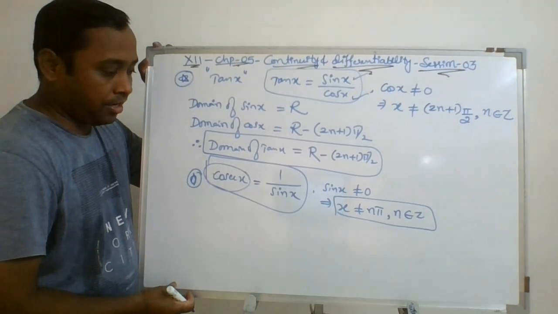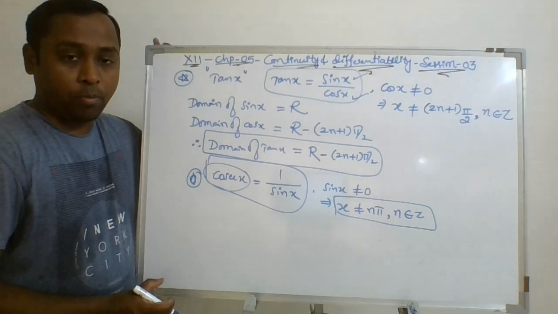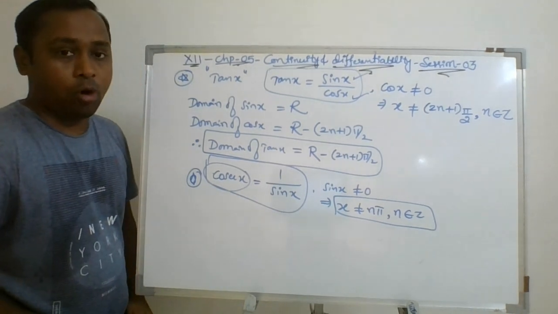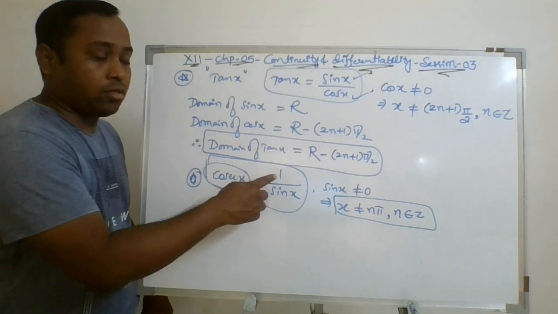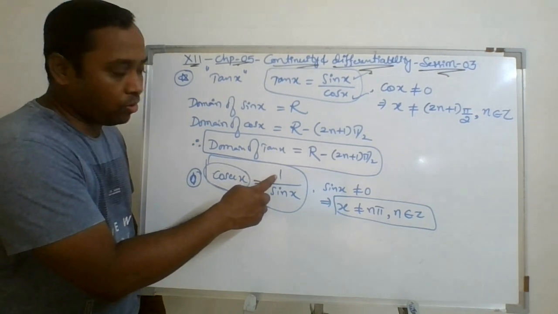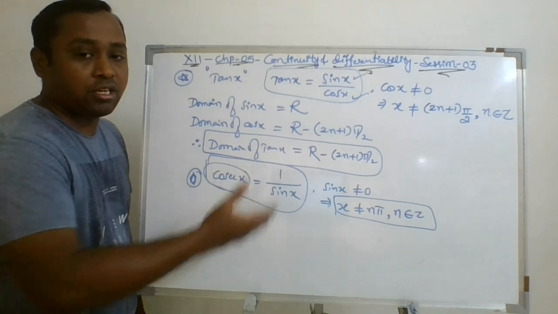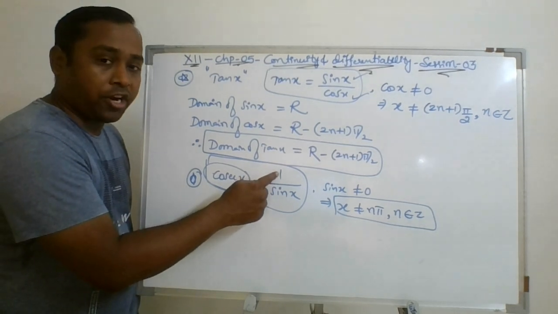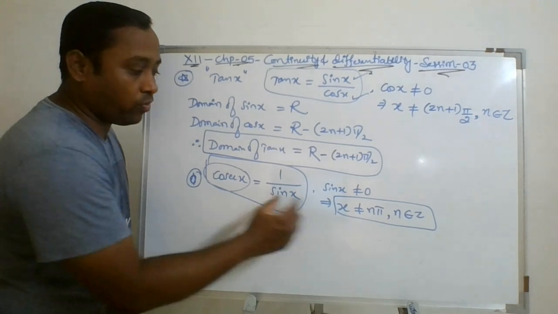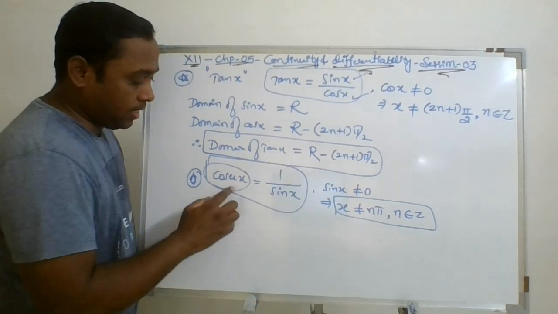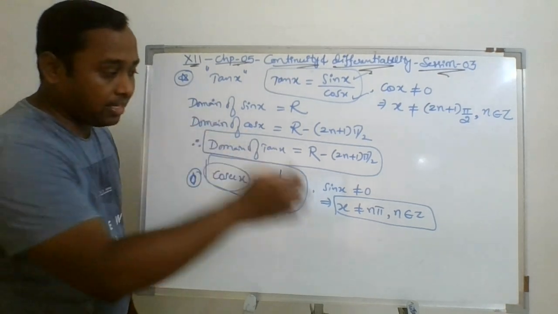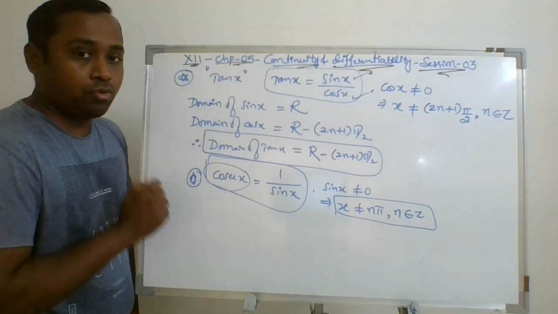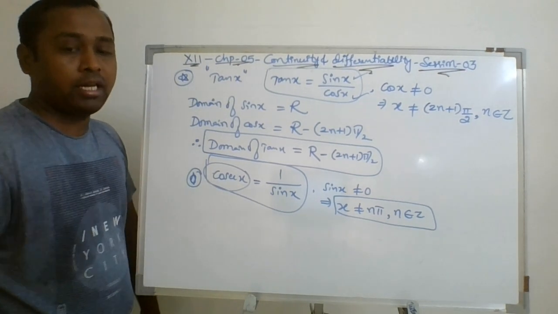So to check the continuity, first we need to define the domain in which the function is defined. So for that you need to take the common domain. 1 is already a constant, so there is no need to check the continuity for 1, because it remains always constant at every real point. So 1 is always a continuous function, and sin x is always a continuous function in this domain. Hence, cosec x is continuous in this domain. Only while dealing with algebra, you must stick to the common domain. That is a key point in these questions.